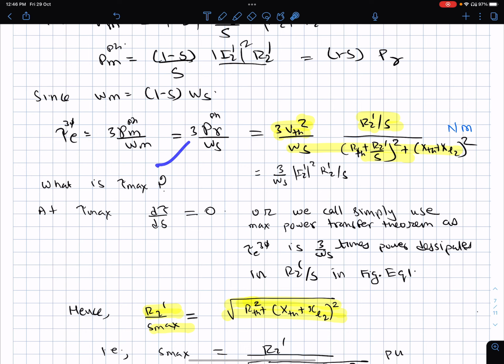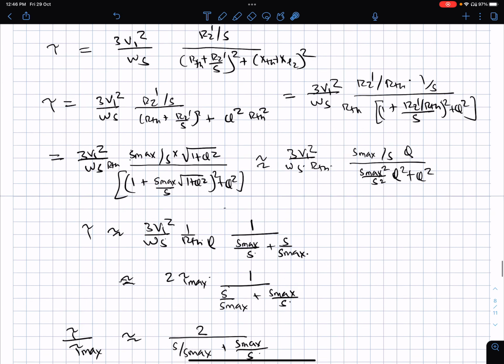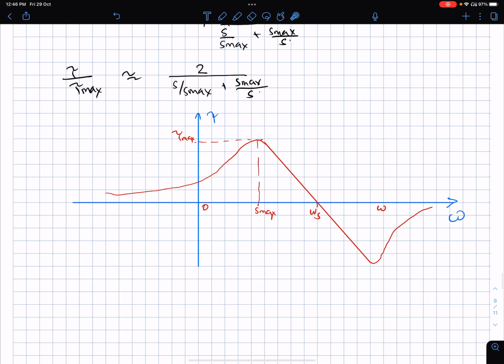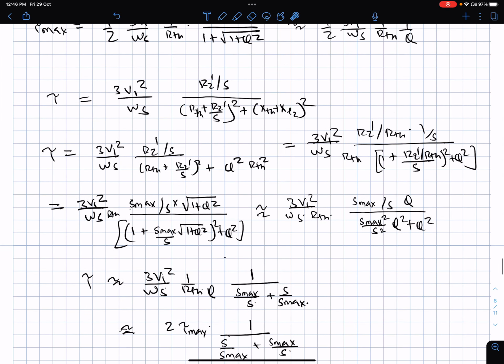Now we have got a thing where everything here depends upon the electrical parameters of the machine, except the slip. So as you keep changing slip, you can calculate the three phase power, and hence in principle you will now by brute force also be able to draw this characteristic.